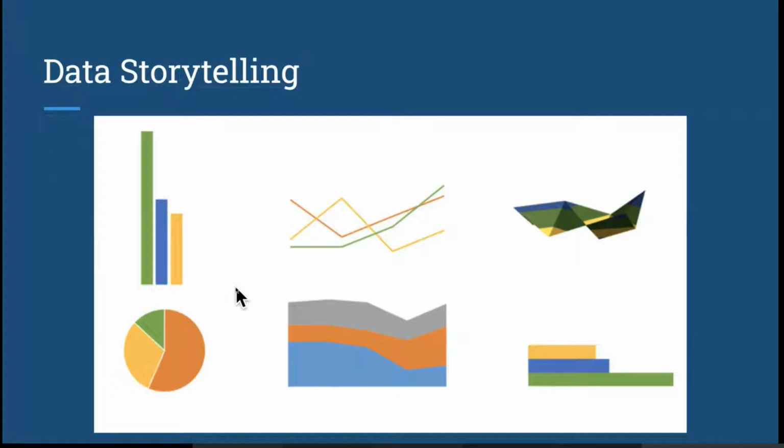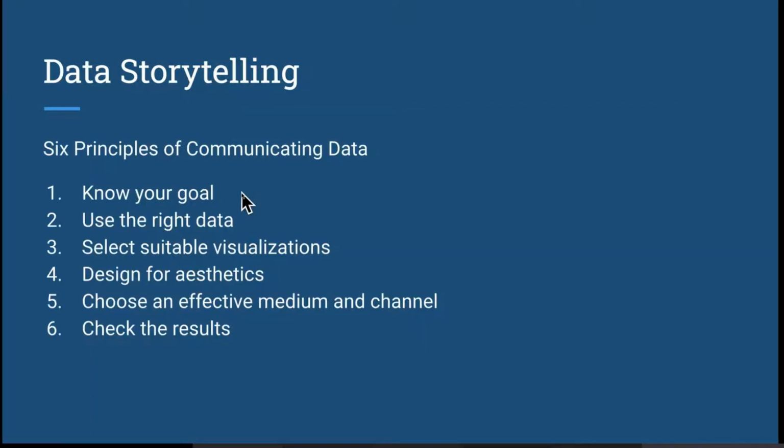Every data has a story. Depending on what data we want to interpret, we can use different kinds of so-called charts or different visualizations to represent the information. It can be a bar chart, a pie chart, a line graph and so on. In order to tell the story behind the data, we try to stick to the 6 principles